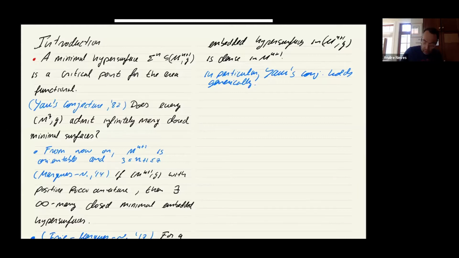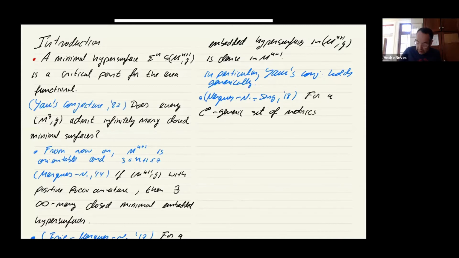So then 1 year later, there was another development, this due to Marquez, Neves, myself, and Antoine Song. And here, I'll just state this, not 100% precisely. You can see the paper for the details. I'll just state that, again, for a generic set of metrics, for a C infinity generic set of metrics,